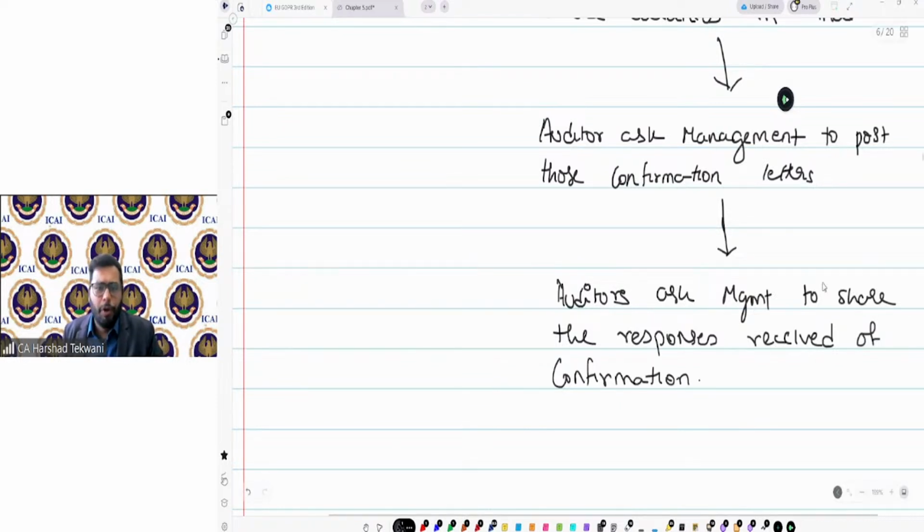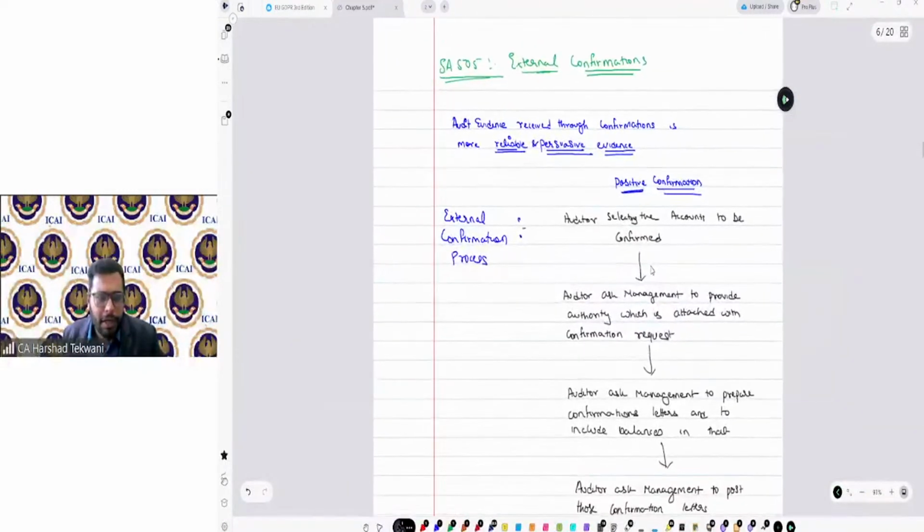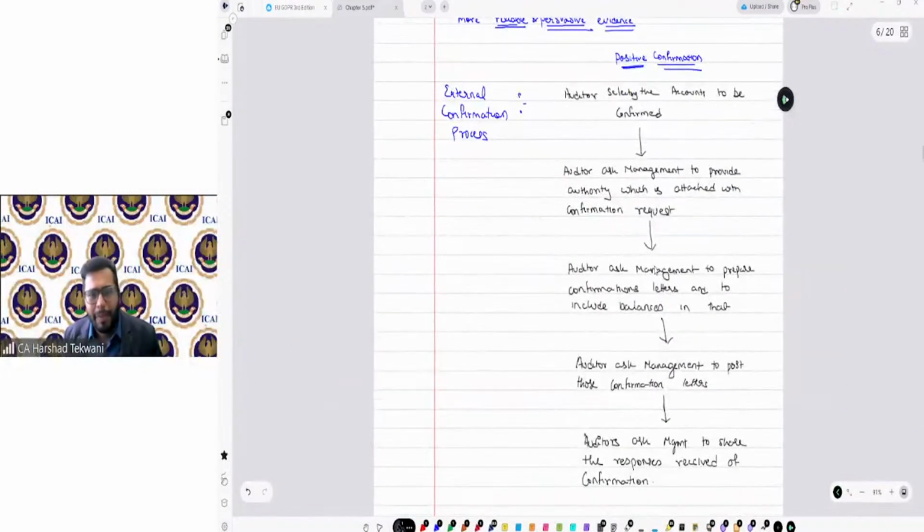Okay, now this is the process that auditors followed. The auditor selected the accounts. They asked management to provide the authority letter, which is required to be attached with the confirmation request. They asked management to prepare confirmation letters and include balances in them, to post those letters, and then to share the responses received.